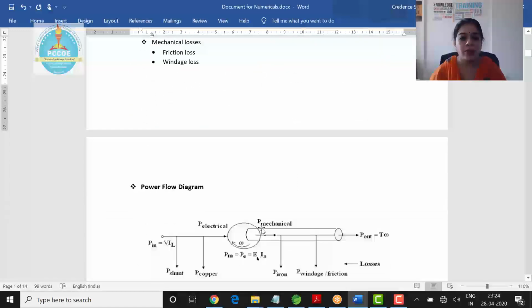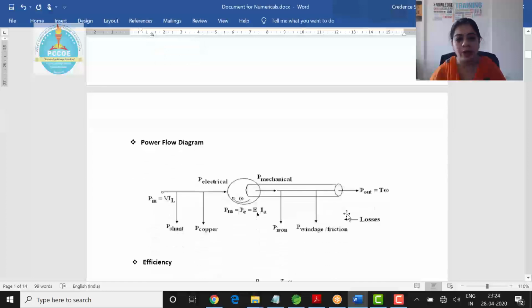Okay. So this diagram will explain how the power is flowing, because for calculating the efficiency we need to calculate Pout, that is the output power, upon Pin into 100 in percentage. So Pout upon Pin means output power upon input power. So we should know what the input power given is, what the losses in the stages are, and what the output is.